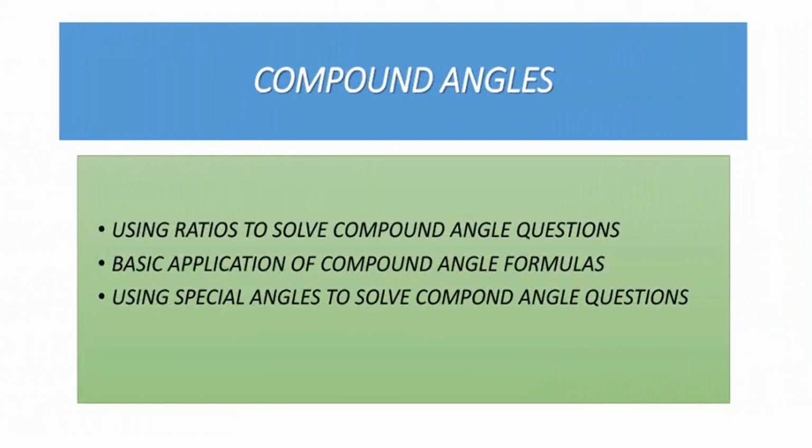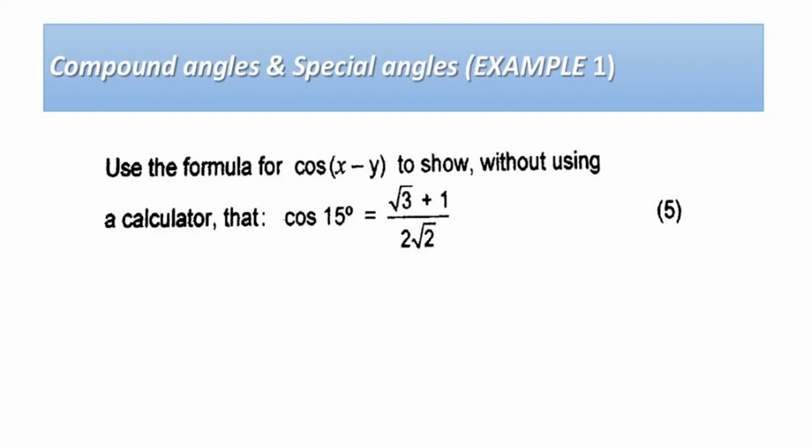So in the next video tutorial, I'm going to be showing you guys how we can use special angles to solve this example. Like you can see here, it says use the formula for cos of x minus y to show without using a calculator that cos of 15 is equal to square root of 3 plus 1 over square root of 2. If you don't have knowledge of special angles, it'll be hard for you to solve this problem or even to prove that cos of 15 is equal to that. But if you have knowledge of special angles, you'll know that cos of 15 can be written as cos of